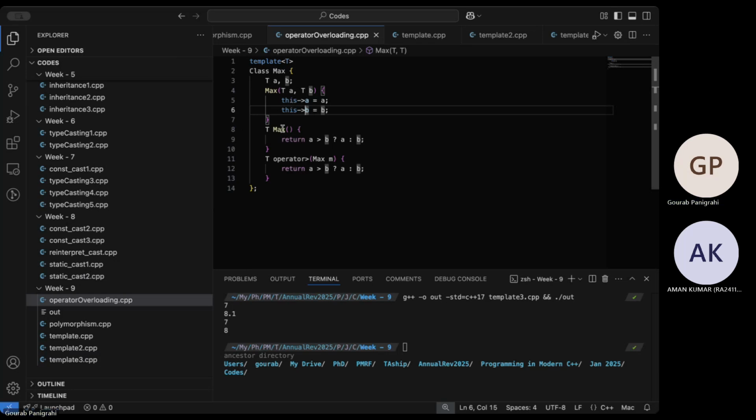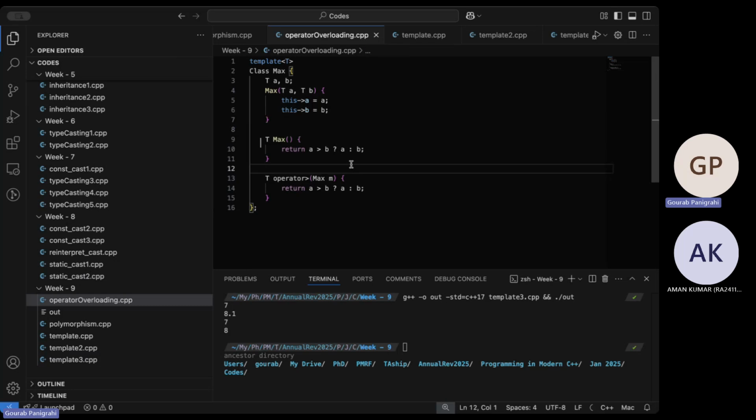And then when max is called as such without any inputs, it returns one of these with this body. Let me separate this. So the max returns this ternary operation.